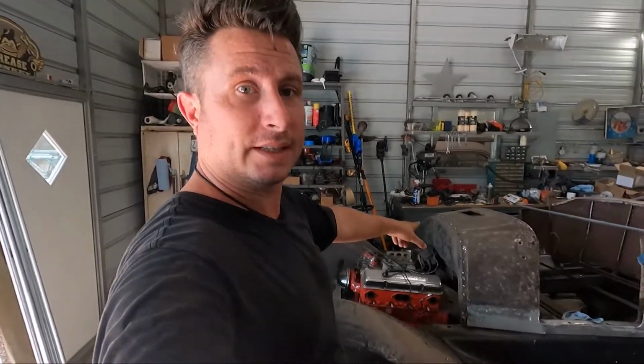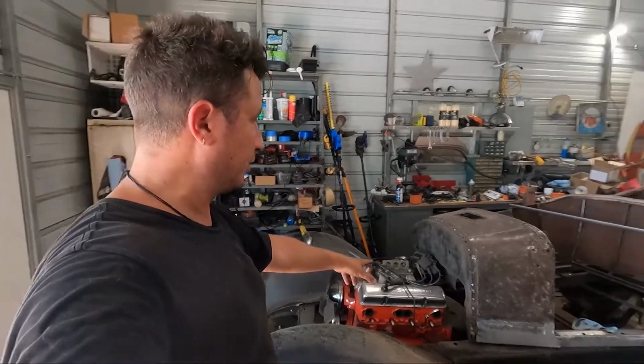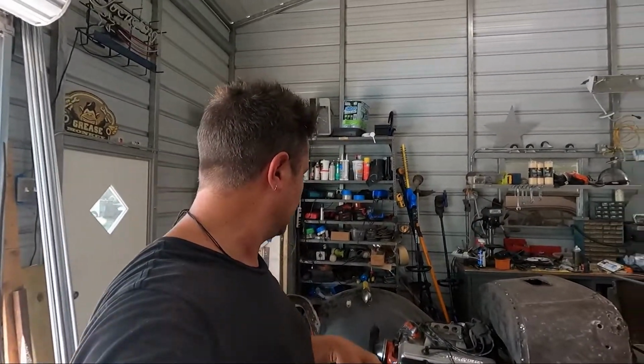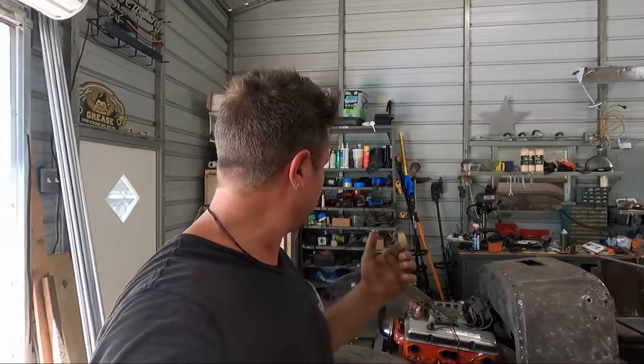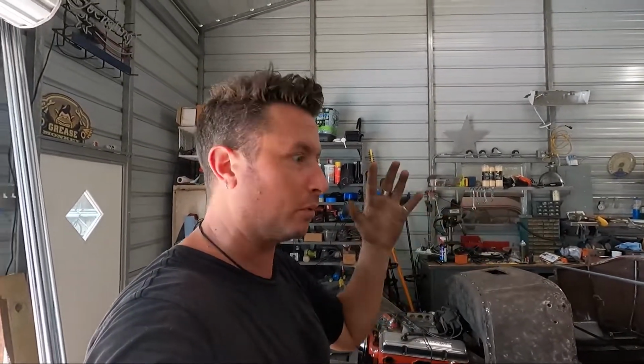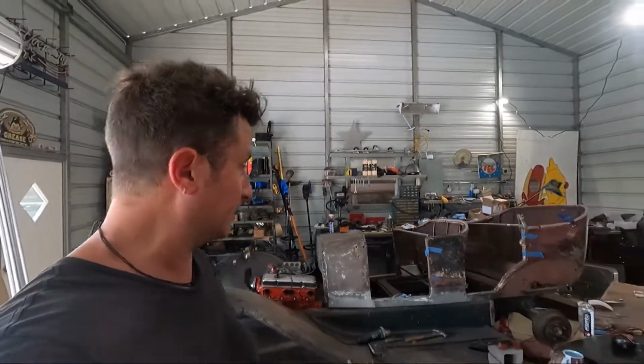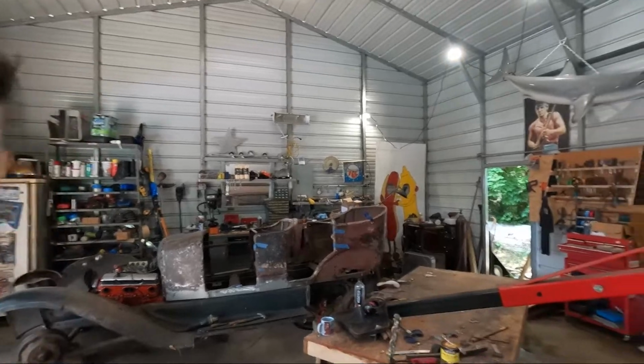Our firewall is hitting our distributor cap. Now this is a big HEI distributor cap. We're gonna run a stock points-style distributor and cap, but that's, you know, see what I'm saying. But we'll see if we can shove the radiator in and all sorts of stuff before we're done, and just look at the overall relationships and proportions. It's worth stopping to take a look because, well, you know,